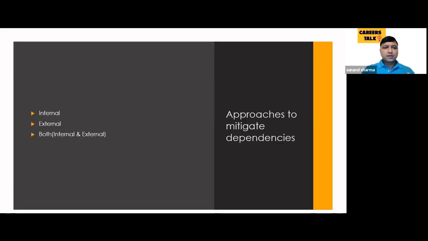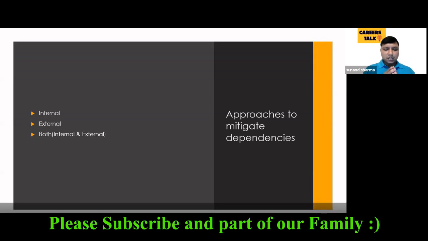Let's talk about different approaches to how we can mitigate these dependencies. We can broadly divide them into two parts, internal dependencies and external dependencies. So let's see what we can do about them. The very first thing we can do is automation. Yeah. So wherever possible, automate your repetitive tasks with the appropriate controls, and that will really help you. Things like CI/CD, configuration, integration, deployment, or just automating some repetitive support tasks will be easy for you in the long run. That will definitely remove or mitigate dependencies.